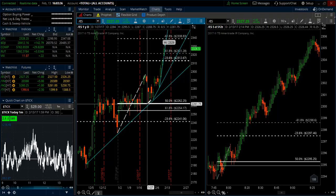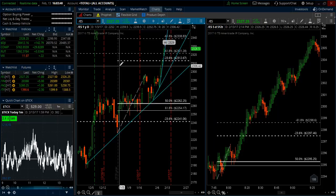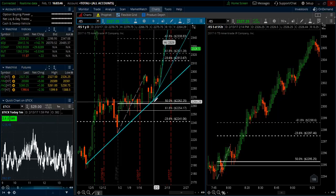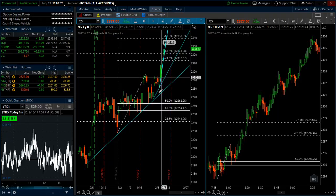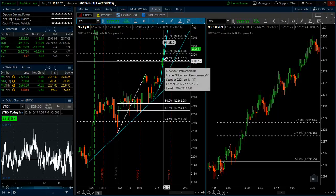I suppose one other thing I'll mention is, we talk about these daily moves a lot, but we're looking at a E-mini contract, the futures contract. Now, I don't hold my futures contracts overnight. So if I want to trade the daily move, get in at the daily 50% and just hold out for the negative 23,